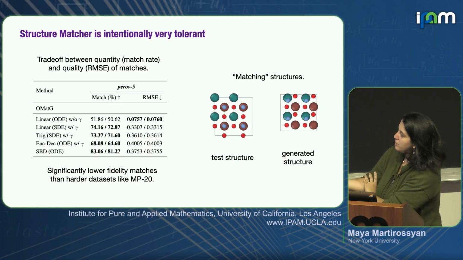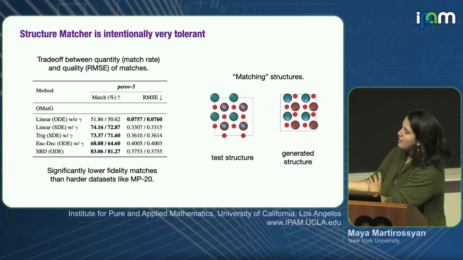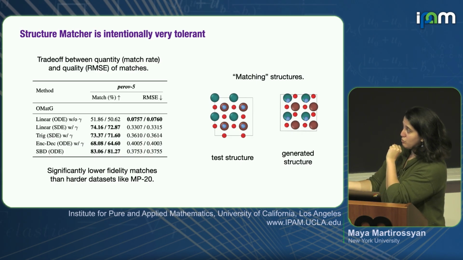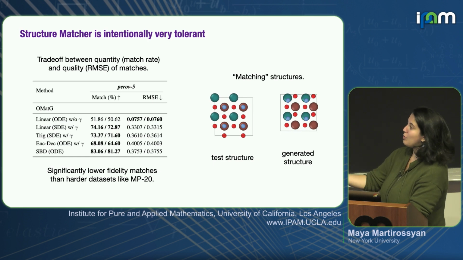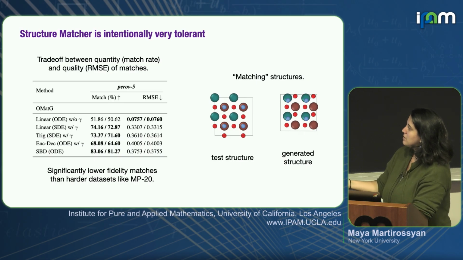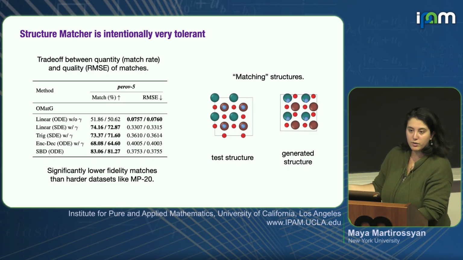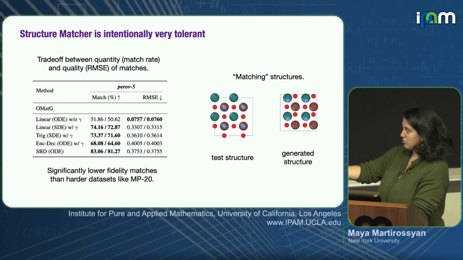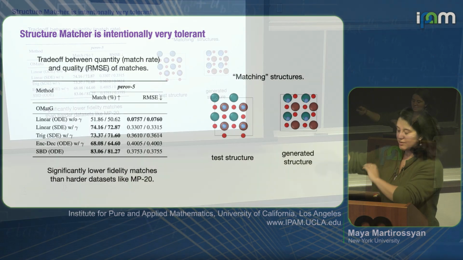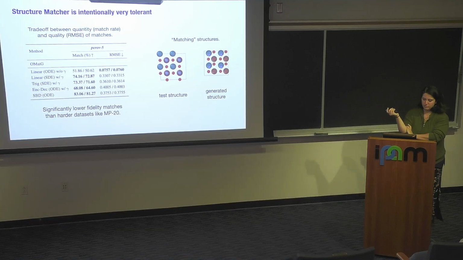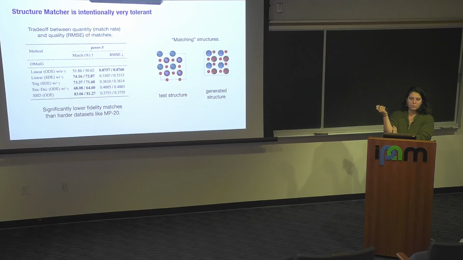So you can see this is not precisely an order of magnitude, but roughly an order of magnitude worse. We would go look at what we've generated, for example here on the right, and compare it to this test structure. I did my best to align these crystals for you so you could see where green goes with green, brown goes with brown, and blue is totally off. A crystallographer would not call these the same structure, right? But this does. Okay, so this is what took us hunting for what was happening.